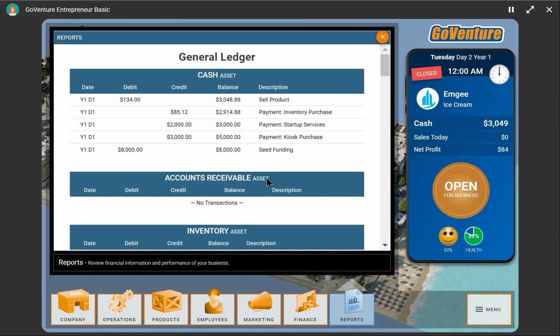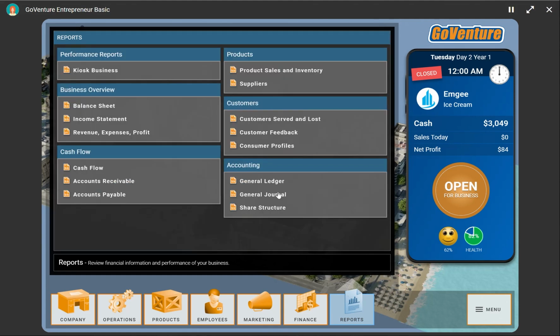And we can also bring up our ledger, which categorizes accounts in a little bit of a simpler way to look at them. And we can see, for example, just the cash account and the transactions related to the cash account here. So we can follow everything that we did is recorded in these two documents, and then these documents are used to generate reports like income statement and balance sheet and so on.